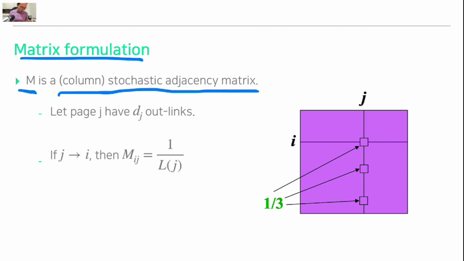Each element in the matrix represents a probability, so that's what we call stochastic. And we also call this a column stochastic adjacency matrix because the sum of the elements in one specific column, the sum of the values